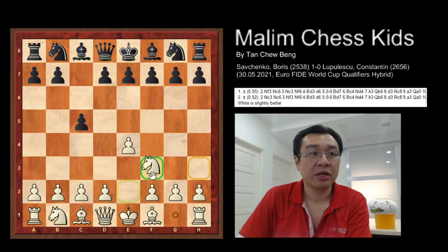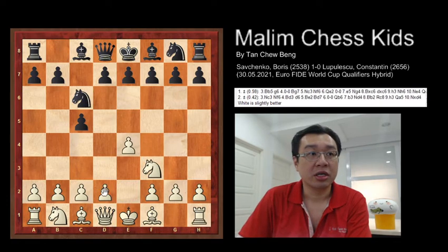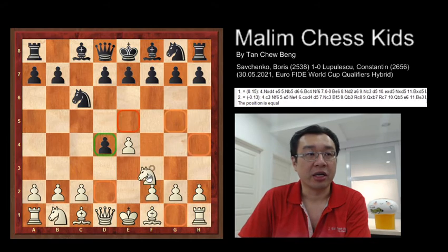c5, knight f3, knight c6, d4. And after this, the black captures the pawn, c takes d4. Then the knight captures back the pawn, knight takes d4, and here